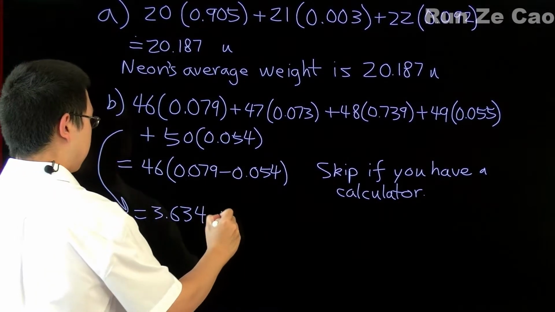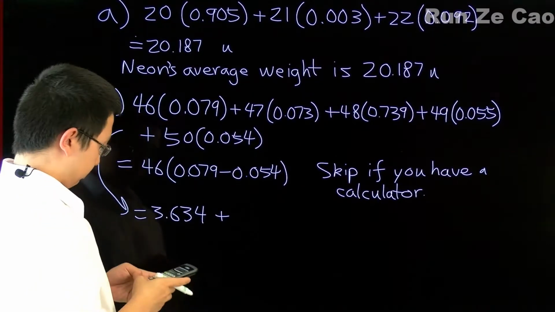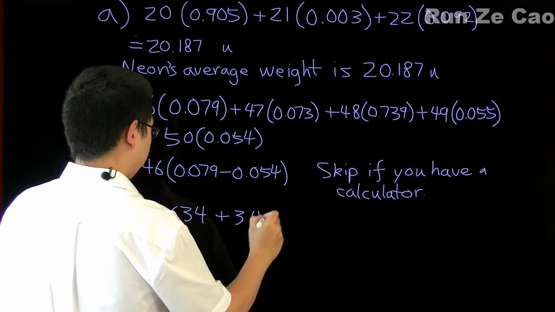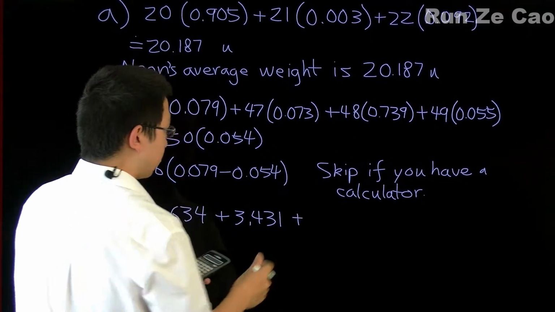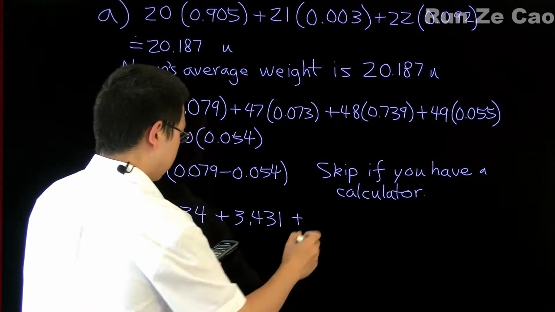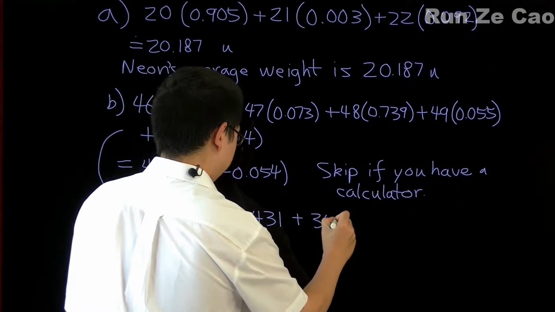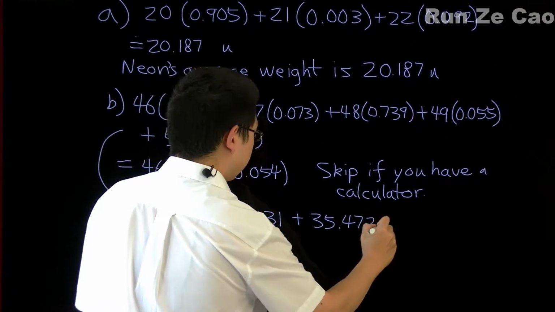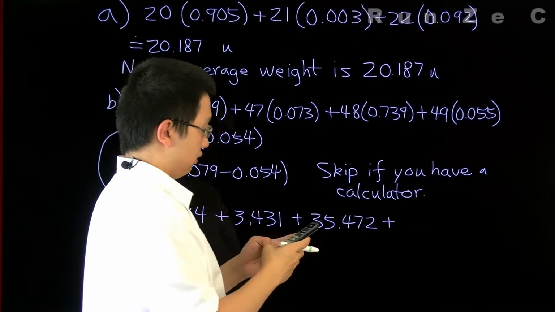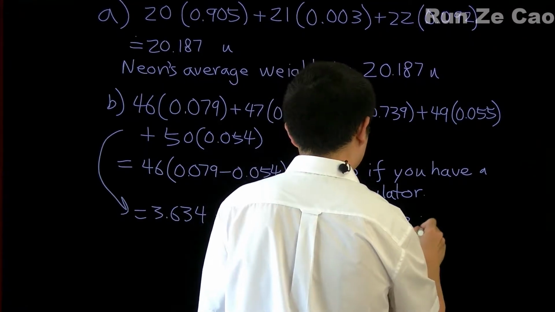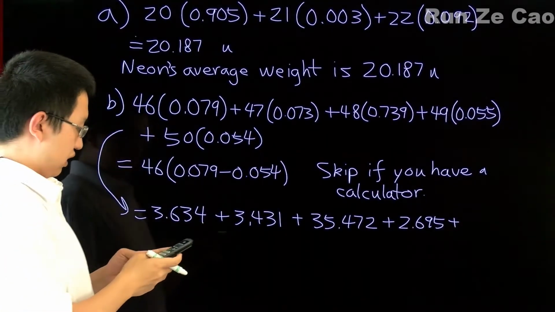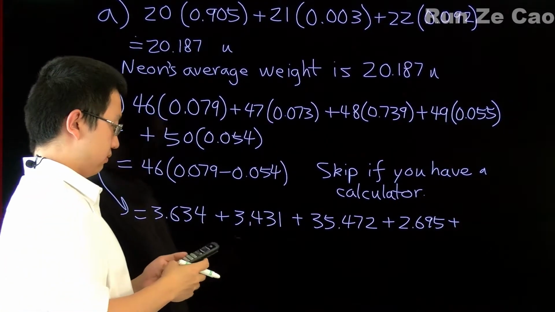3.634, plus 47 times 0.073, 3.431, plus 48 times 0.739, 35.472, plus 49 times 0.055, 2.695, plus 50 times 0.054,